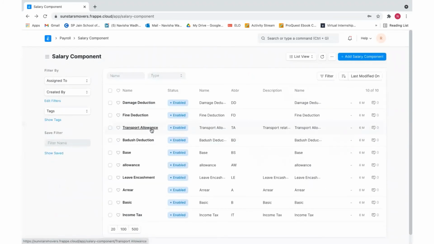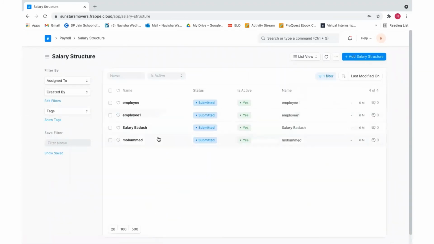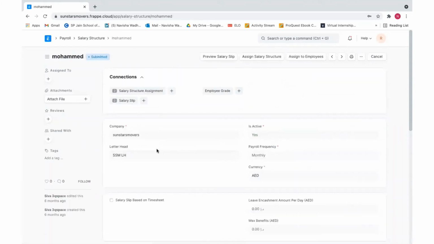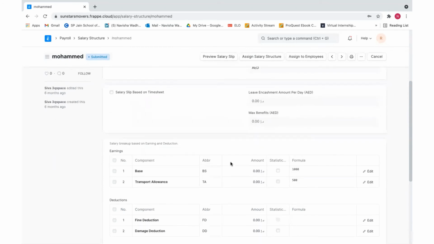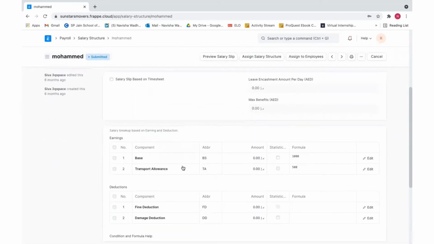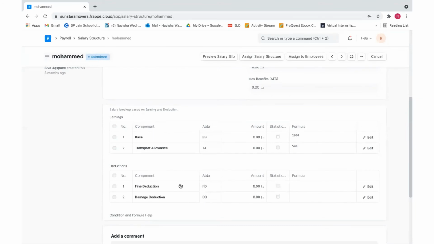Now, let's see how to create a new salary structure. Let's take this person as an example in the salary structure. The most important component is the payroll frequency, whether it's a monthly salary calculation, and in most of the cases, it is monthly. Then there's the earning table that has various earning components that are applicable for the particular employee, and we just need to mention the component and the amount associated with it.